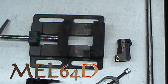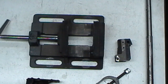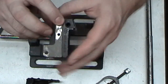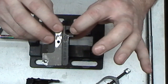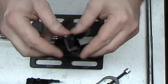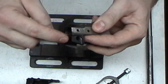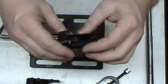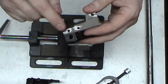All right, time for a garage goober trick or tip. Trick, tip, whichever. A lot of people have problems drilling their barrel pinhole and keeping it straight and not egging on the opposite side. Some people drill from one side halfway, flip it over, drill from the other side halfway, and then use a reamer to try to true everything up. And that's great and everything if